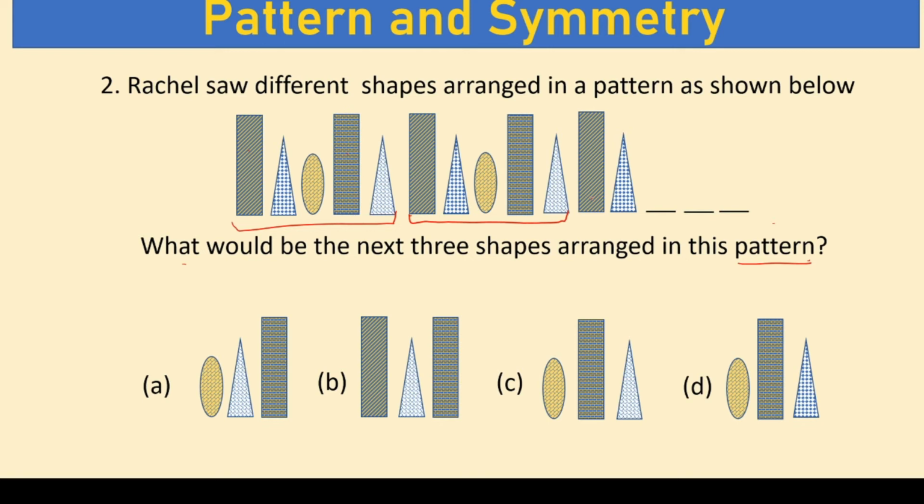So the same will repeat with bar, triangle and oval of the brick size, and then there will again be another bar and then another triangle which will be of the scaly type. So this is the brick type and this would be again the brick type because that is what this one is. So based on this, our answer would be option C because it has the oval brick type, the bar brick type and the triangle which is scaly type.